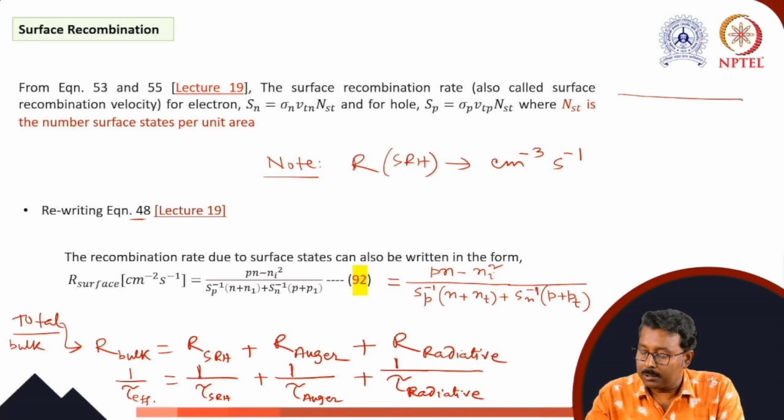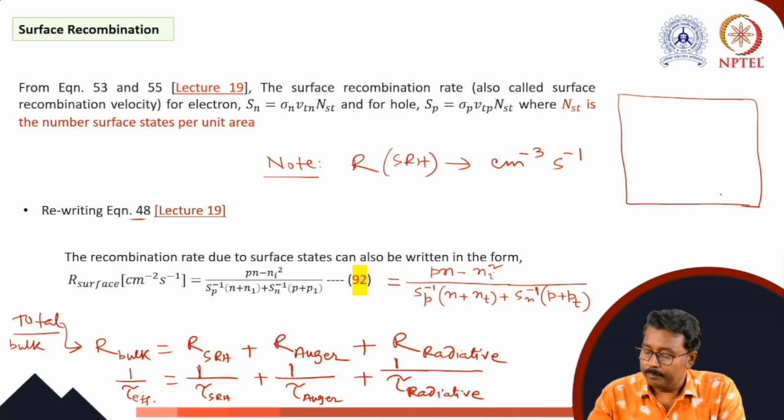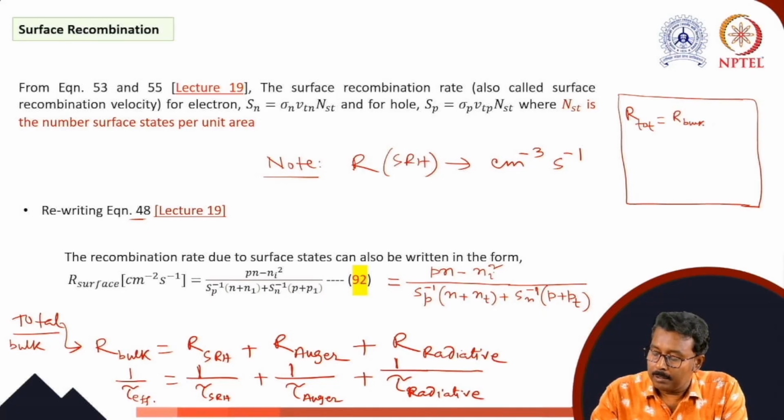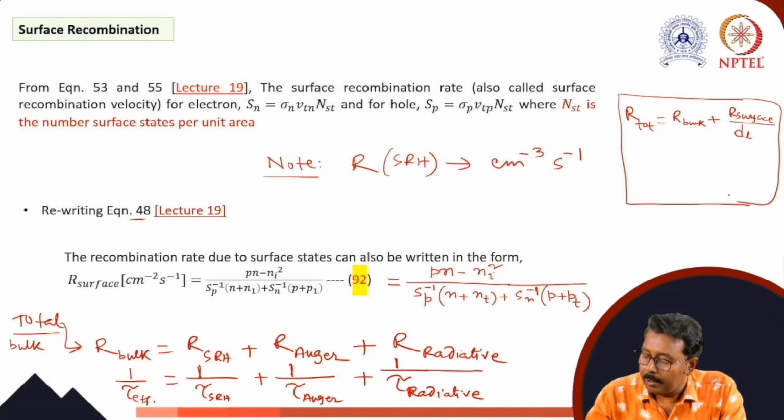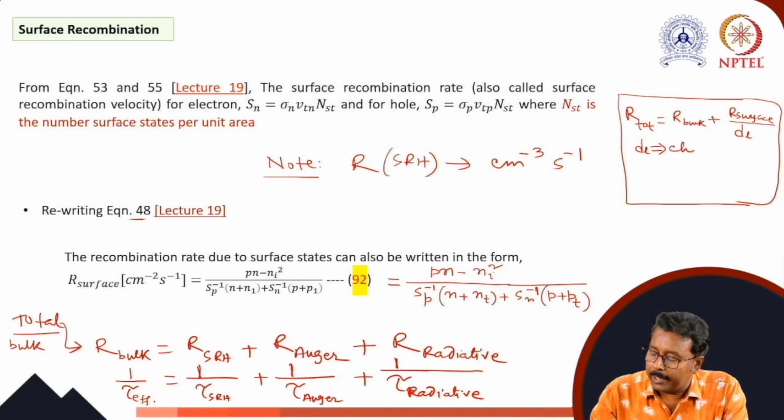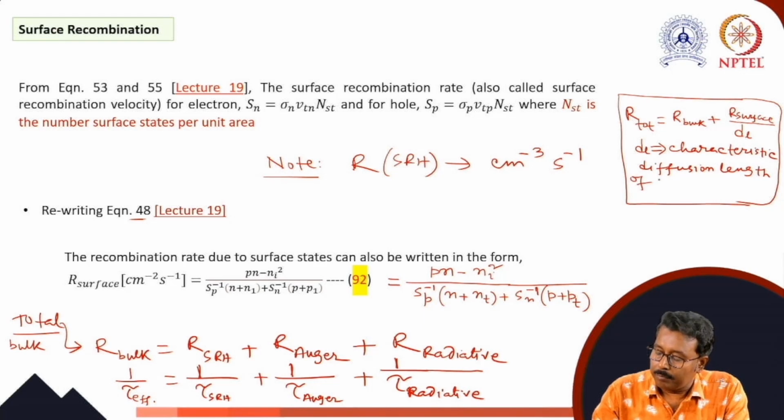I can write here in the box: R total is equal to R bulk plus R surface by dl. dl is nothing but the characteristic diffusion length of carriers,